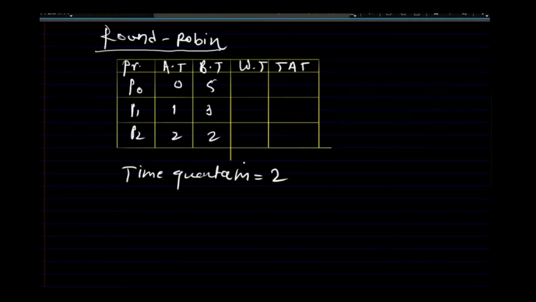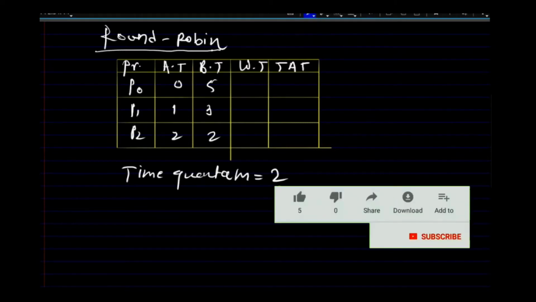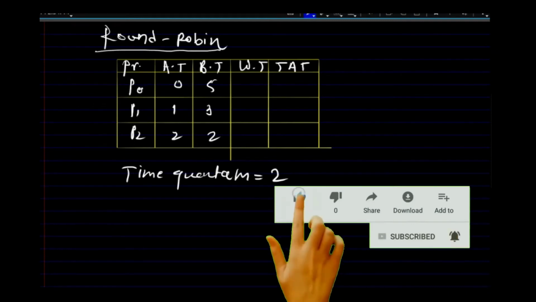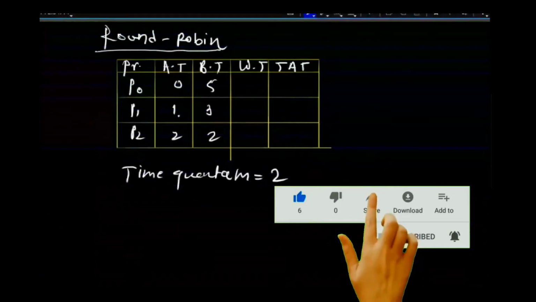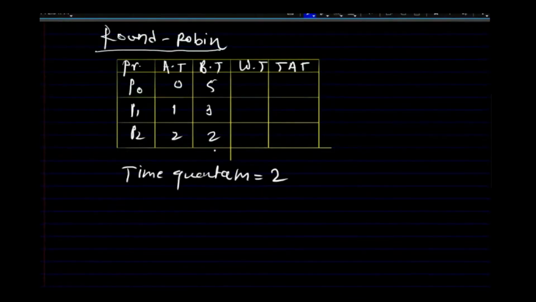Okay, so let us start with the implementation of the round robin algorithm and a primitive algorithm. So first we will revise our concepts about round robin, how exactly the processes are scheduled using the round robin algorithm. So in this program we have the input as process name. So we will input the name as P0, P1, P2, arrival times as 0, 1, 2 and burst times as 5, 3, 2. And one more input is required in round robin algorithm, that is time quantum.